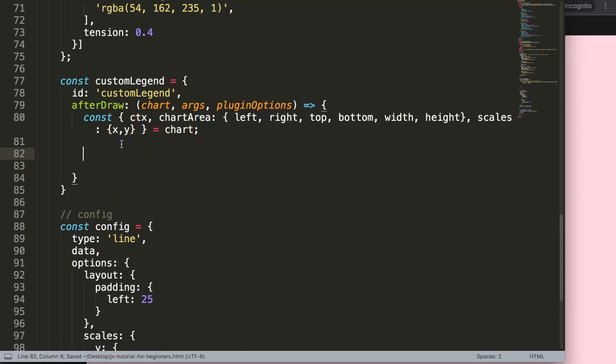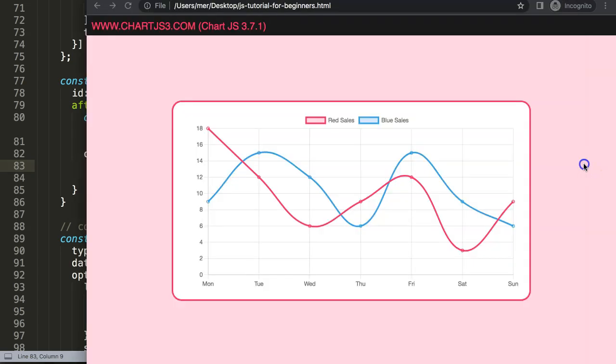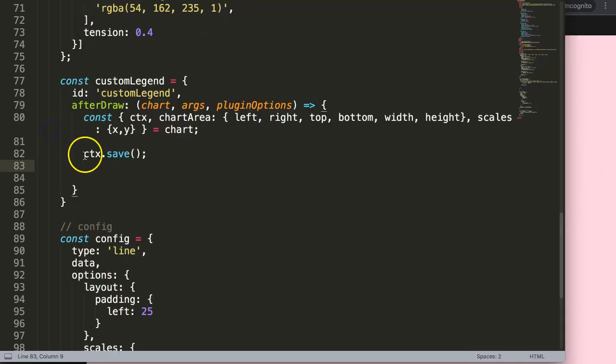So now we can use shorthands. What I want to do here is the following. First of all, I want to save everything we have above, so I'm going to say ctx.save, and ctx refers to the canvas itself. Now, if I'm going to put in some text here, I need to get the coordinates of this. So first of all, let's figure out what is the color and the font